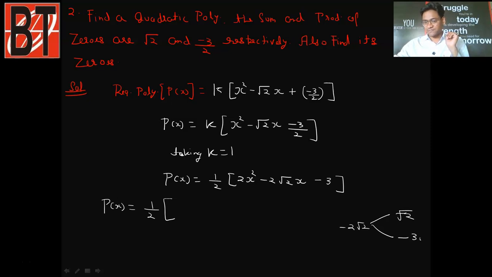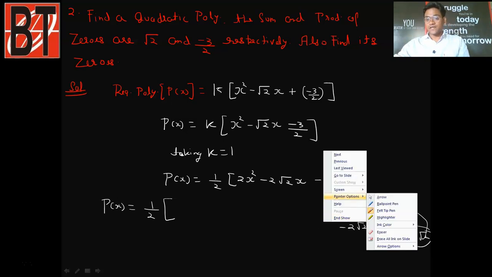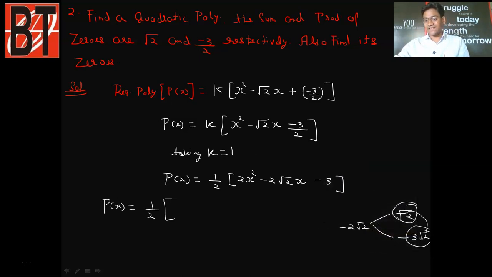ठीक है, तो 1 रूट 2 मीन्स रूट 2 एक ही बात है. रूट 2 माइनस 3 रूट 2 बनेगा, माइनस का 2 रूट 2. बट अगर आप मल्टीप्लाई करते हो इन दोनों को, रूट 2 को और माइनस 3 रूट 2 को, तो आप देखेंगे रूट 2 इंटू रूट 2 बनेगा 2, और 2 इंटू माइनस 3 माइनस का 6 बन जाएगा. तो हाँ, मैं कह सकता हूँ कि रूट 2 एंड माइनस 3 रूट 2, ठीक है, ये इसकी स्प्लिटिंग हो सकती है.